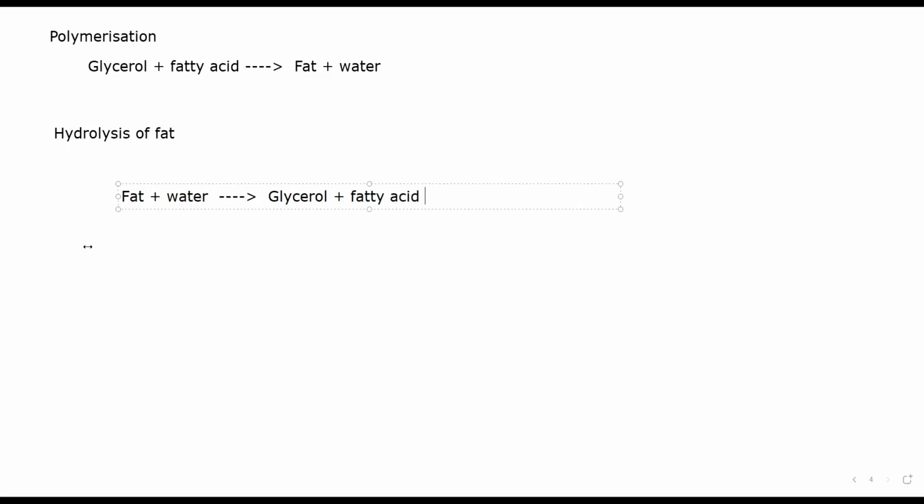But if we carry out hydrolysis in alkaline medium, such as sodium hydroxide, so if we have sodium hydroxide and we are hydrolyzing the fat, it will produce fatty acid. So what will happen? The fatty acid which is produced